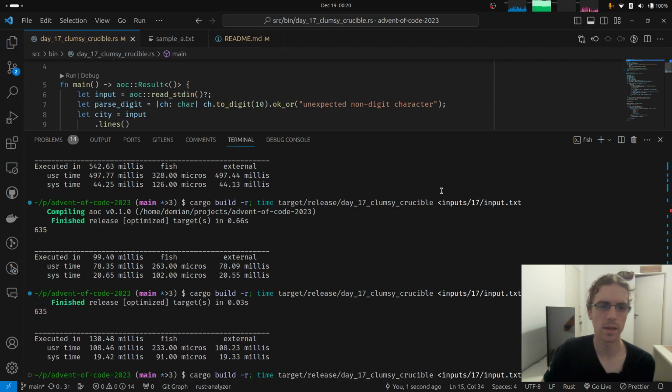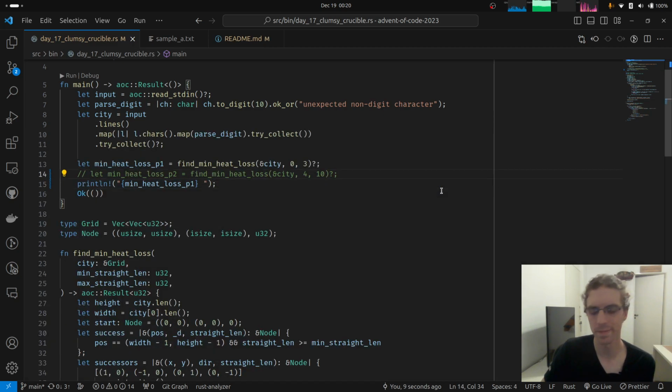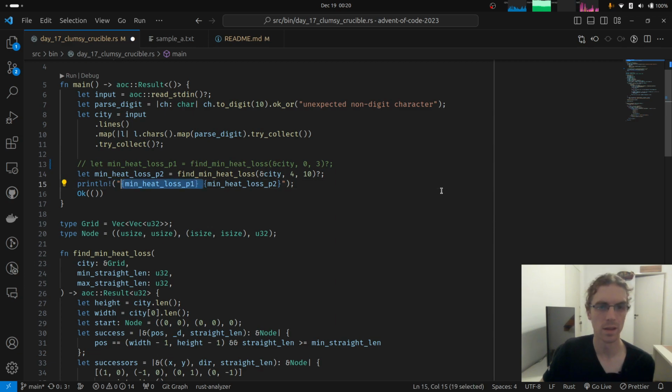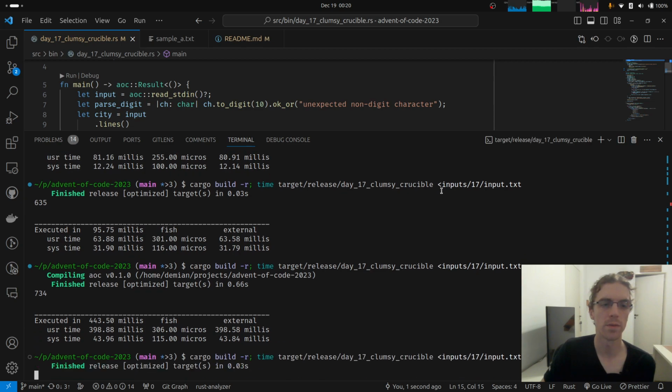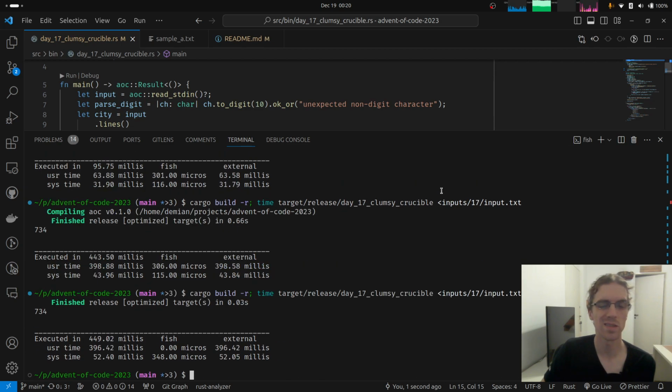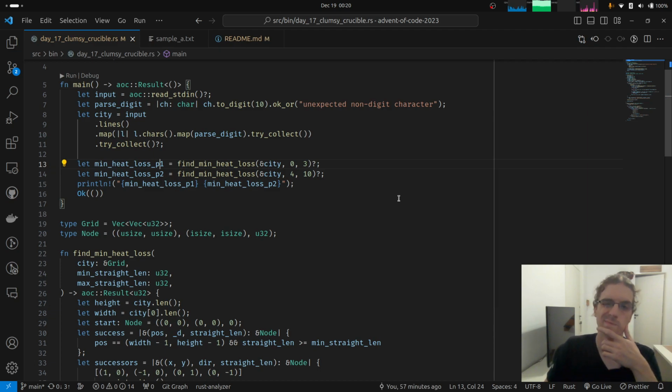Now that's not really good for parallelization either, because part 2 is doing most of the work. Part 1 seems to be taking 100 milliseconds, and then part 2 is taking like 400 milliseconds. So we can shave 100 milliseconds by running these two things in parallel, which, I mean, it's not bad, but it's not great either.